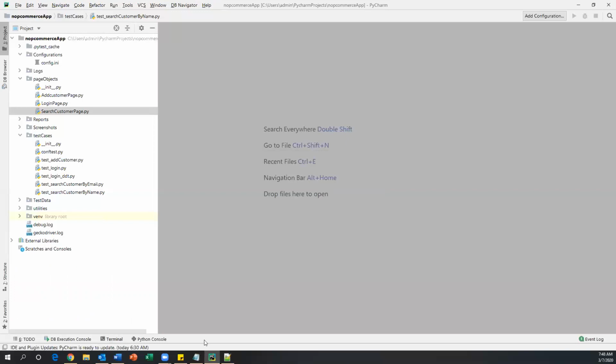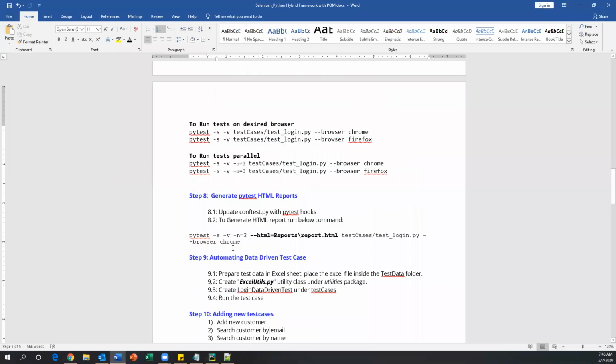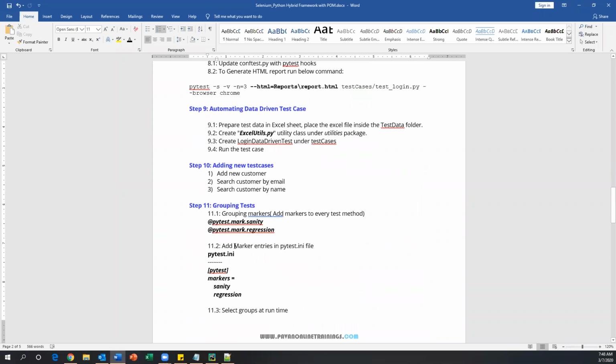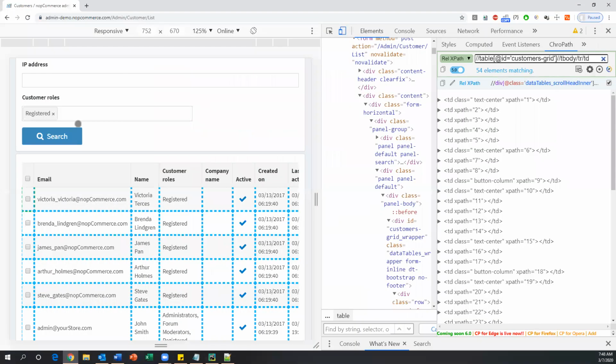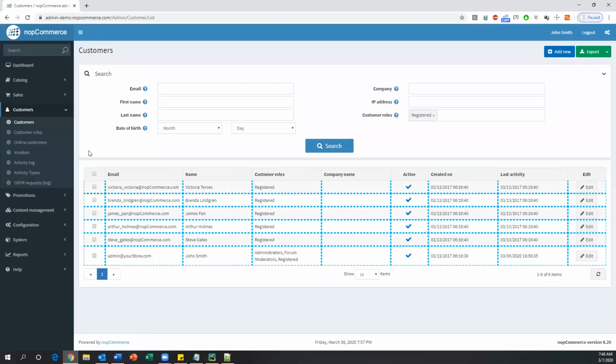You don't need to repeat all the things for every test case. Okay, we have done. So with this, we can automate new test cases, and the rest of the test cases you guys can try later also. And here, like export customer, XML, all the customers, selected customers, or you can also click on edit, and you can also do editing customer. You can modify the details of the customer. So these cases you can try later also.